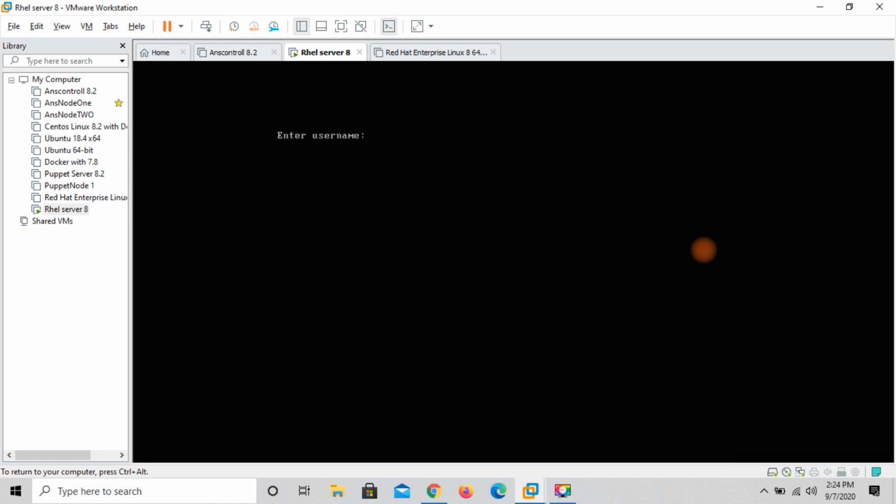Look guys, it requires a username. I am trying to log in as root, and it requires a password. This is the GRUB password. For example, if I don't have the GRUB password and I try, for example, Red Hat, this is a wrong password.